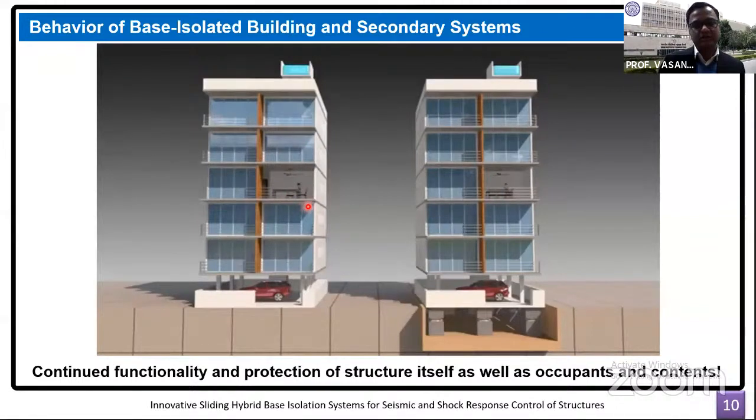This is a small animation that shows how a fixed base building and a base isolated building compare with each other. I would request you to note what happens to, let's say, this cabinet here, or these tables and chairs here, or the fan here, as well as what happens to these kinds of roof tanks during the earthquake. Here you would notice that the isolation systems are introduced somewhere at this location. You will be able to compare the effectiveness of the base isolation for protecting not only the main structure, but also the secondary structures or equipment.